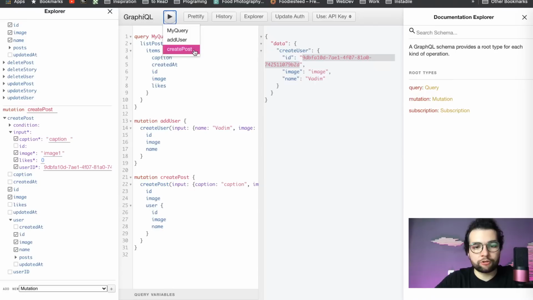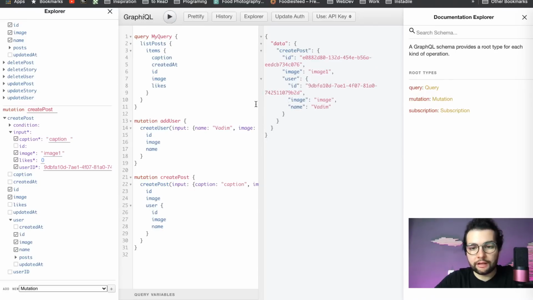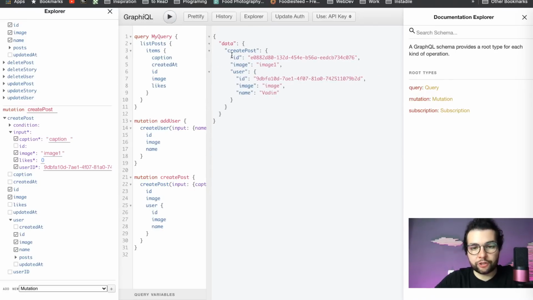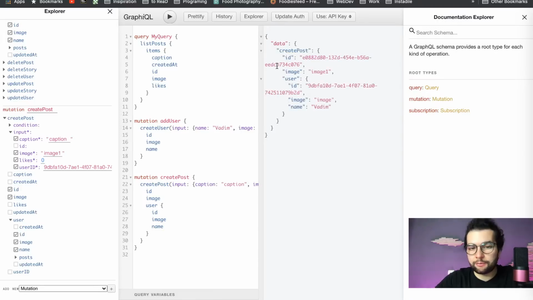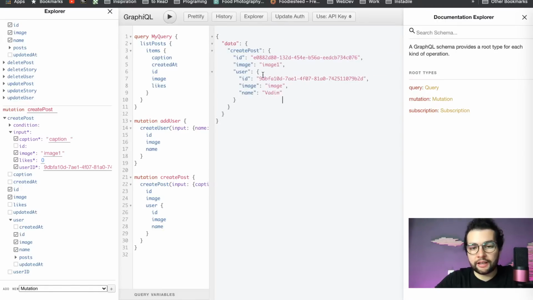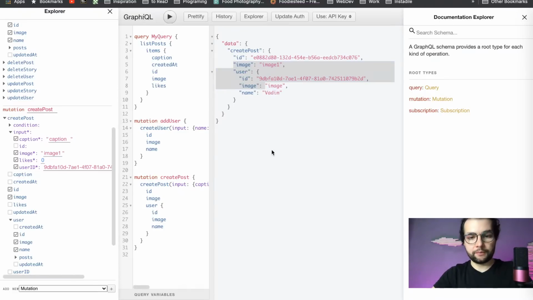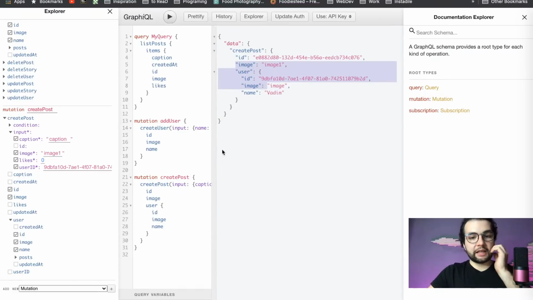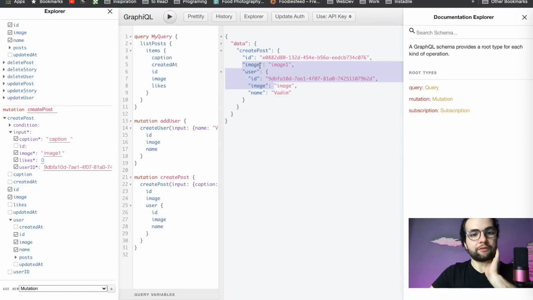So let's run our create post, and we can see that the post has been created with this ID, with this image, and it has this user, created by this user. So that's really nice. Okay, we played around with this, but this does not mean that, for example, right now